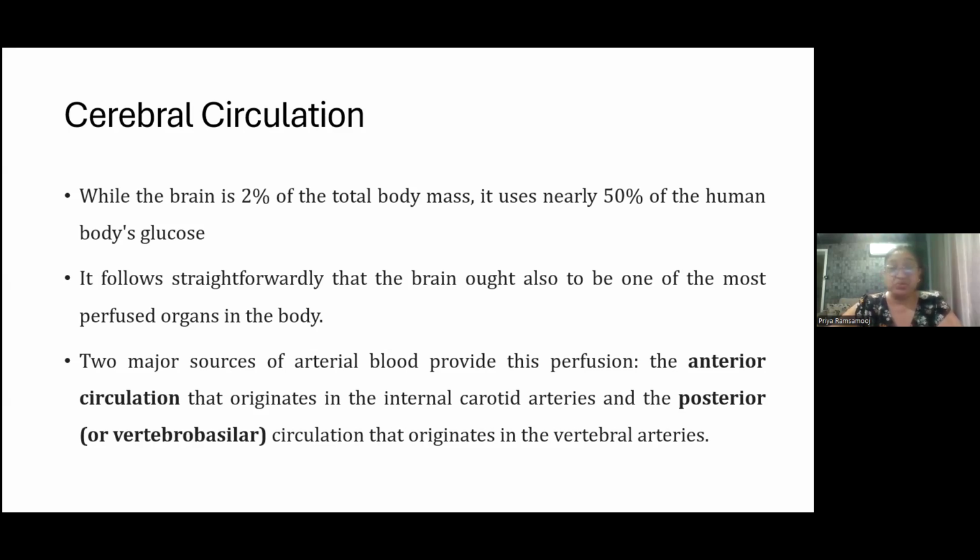Two major sources of arterial blood provide this perfusion, like I would have mentioned, the anterior and the posterior circulation. So the anterior circulation originates in the internal carotid arteries, and the posterior, the vertebrobasilar circulation, originates in the vertebral arteries. And we're going to follow these exactly from the aorta up. Now, once these arteries enter the cranium, they branch exuberantly, eventually supplying blood to all the deep and superficial regions of the brain. Naturally, any perturbation of any portion of this, whether intracranially or extracranially, promotes the development